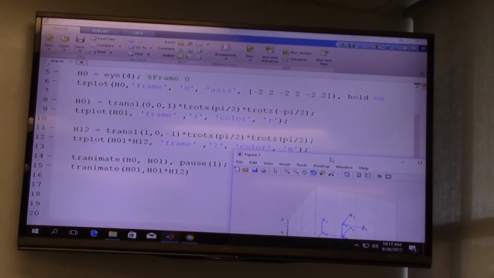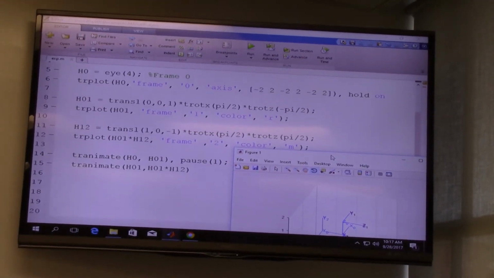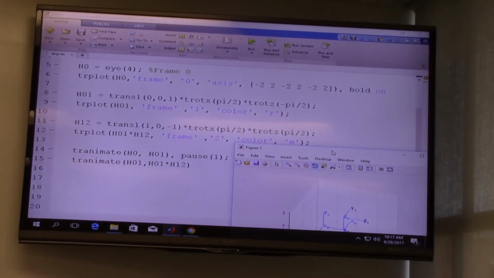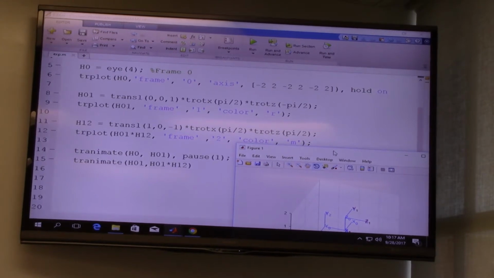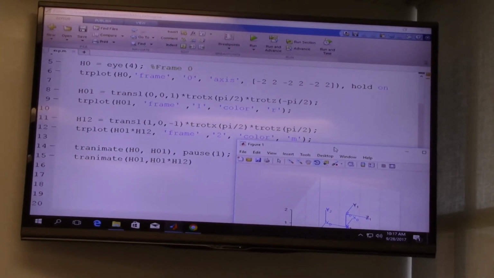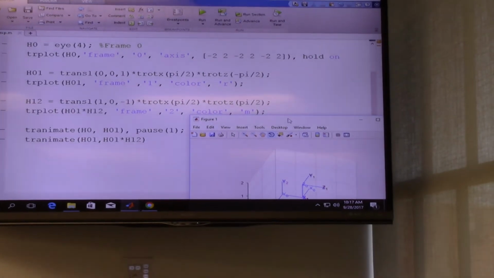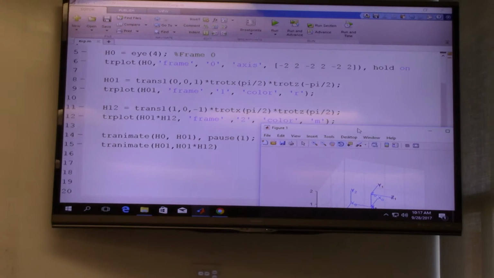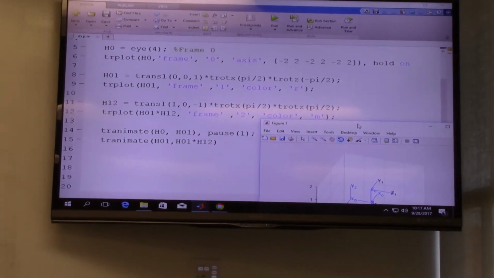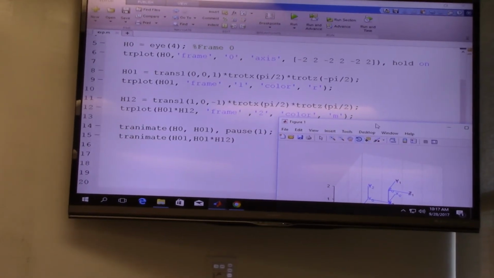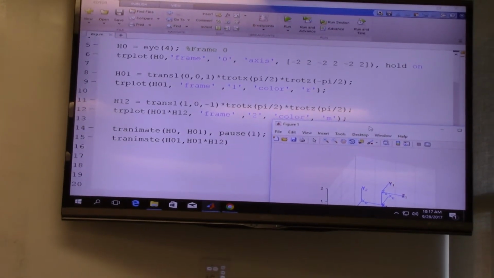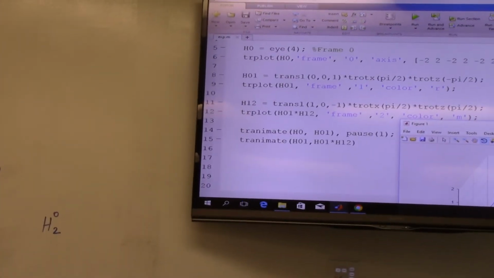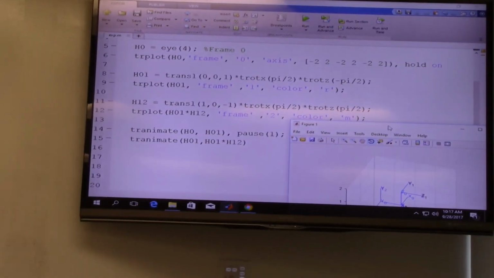No, it's 0 to this, not 2 to 0. It's 0 to this. Look, read the question. Yeah, I have the same question here. So, okay, it says each of these frames to the base frame, right? 1 to 0. To the base frame. So with respect to the base, when it says in relation to the base frame, that means your base frame is the reference, right? So this will be H02. With respect to the base frame, you are comparing this frame in relation to the base frame. Okay? So this is what is going from 0